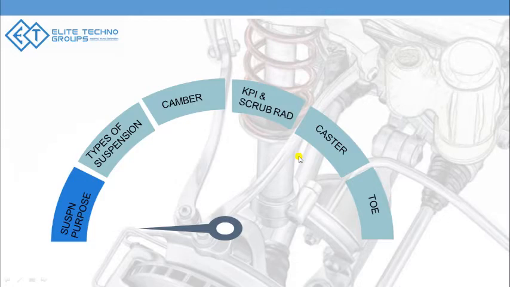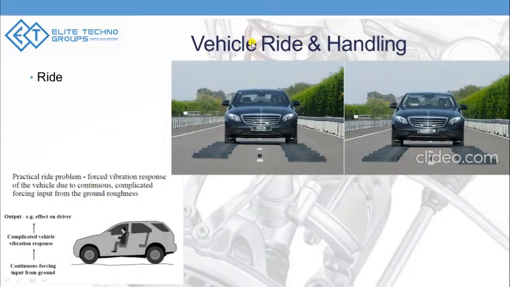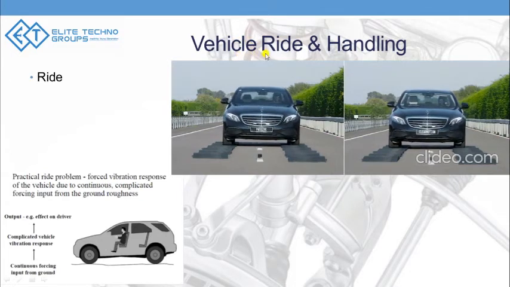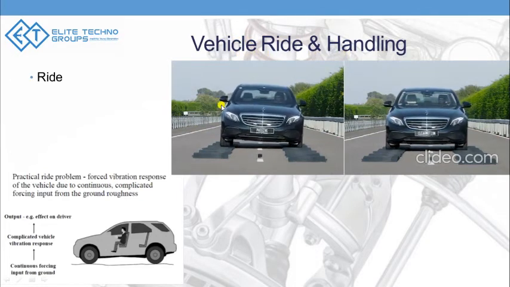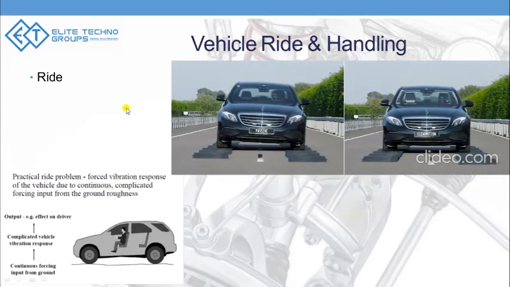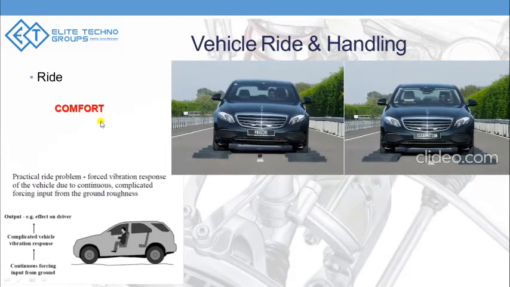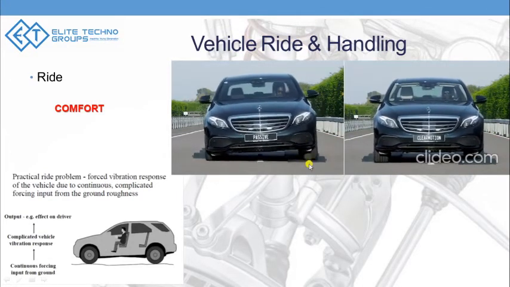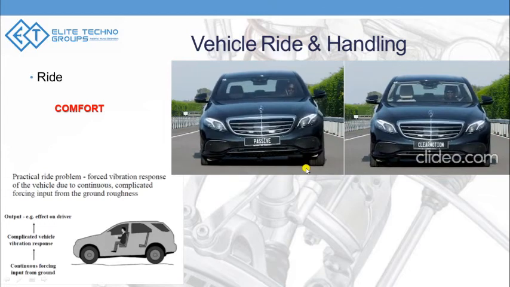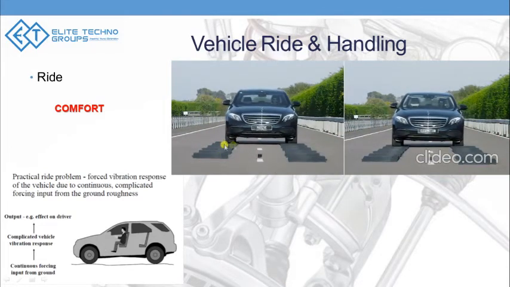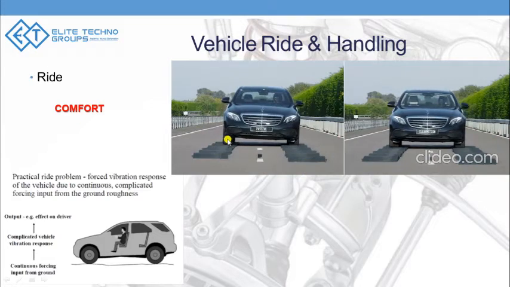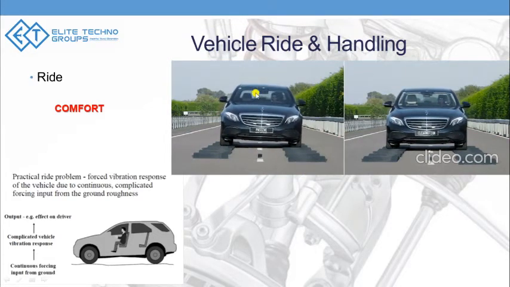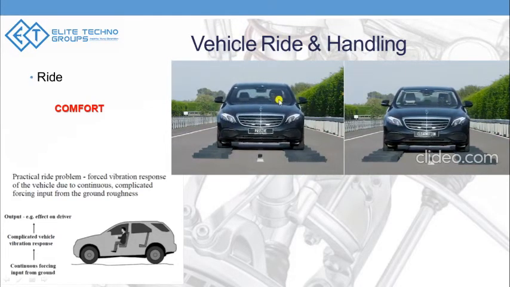So let's move to the first topic of today, which is going to be the purpose of the suspension design. The purpose of the suspension design is basically two main functions, which is ride and handling. Ride is nothing but comfort. It's how comfortable the driver is inside the car when he sits, and if he has to drive on an irregular road surface, how much of it is absorbed by the suspension system and how much of it is transferred back to the body and the driver.